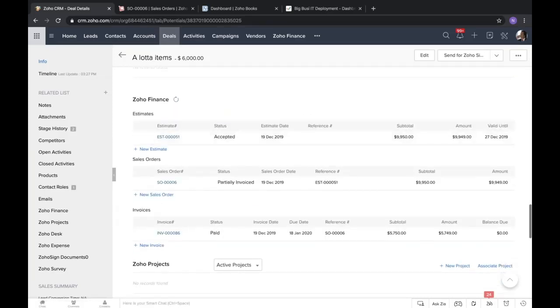And so the Zoho Finance section now shows partially invoiced. It shows we have 1 paid invoice in here. I could take a look at any of that